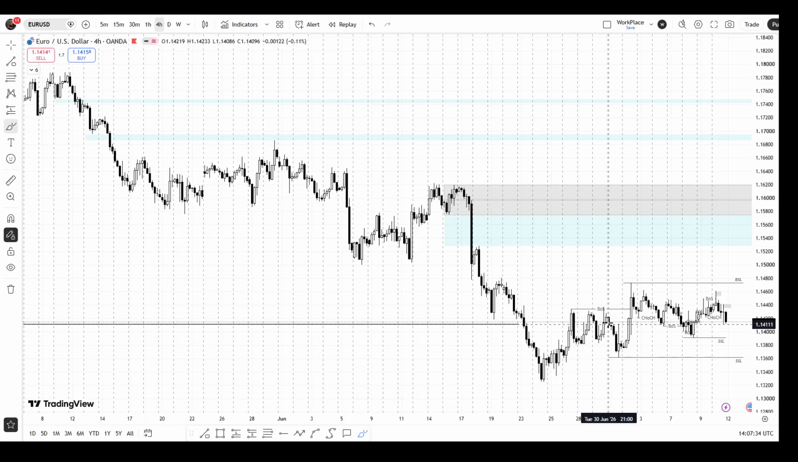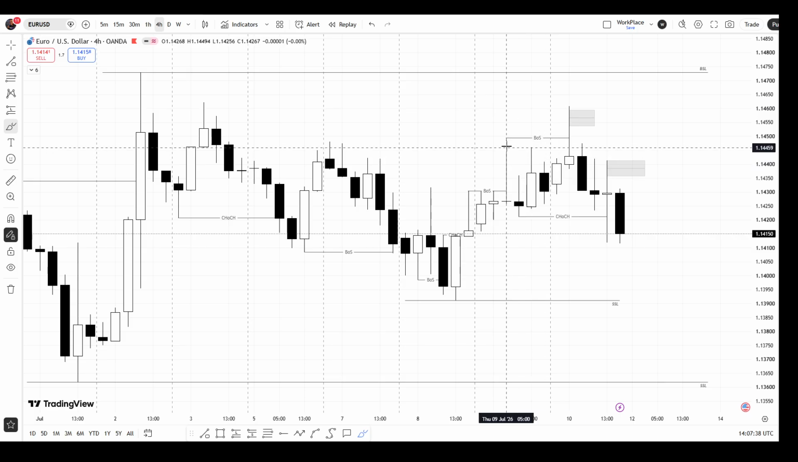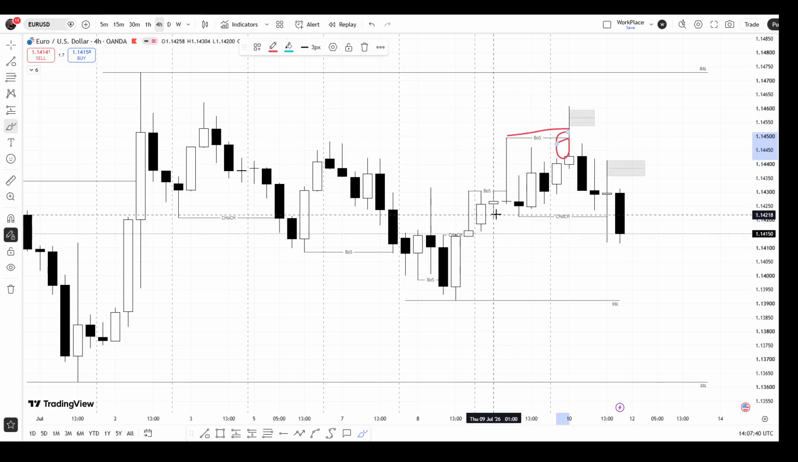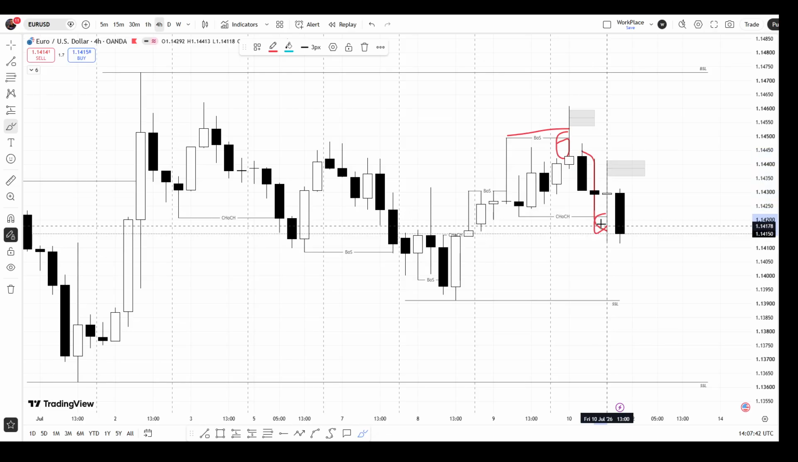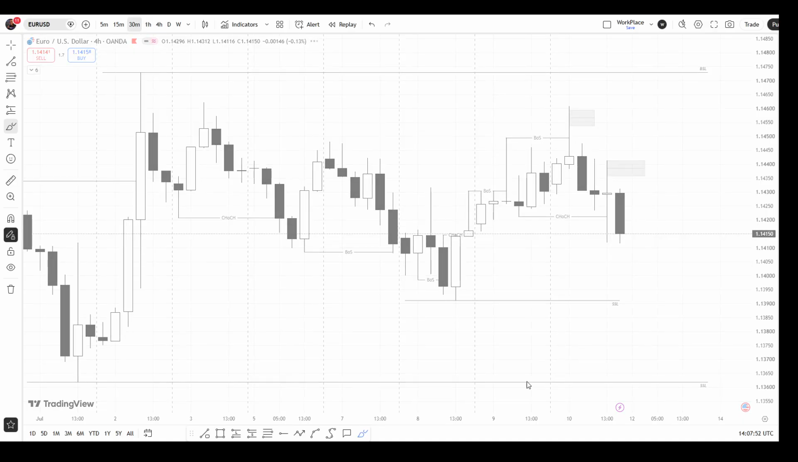So on the 4-hour time frame, you can see that we swept this high here and then we reversed to break this low. So this is a candle closure here. Okay, on the 4-hour time frame. So on the 4-hour time frame, we have a closure here and then we swept on the daily time frame. So on the 30 minutes time frame,